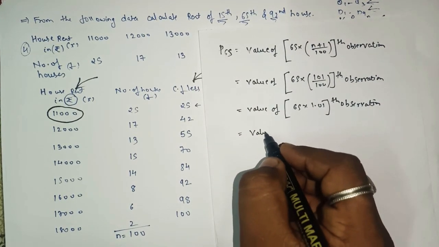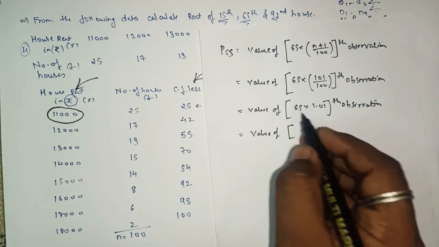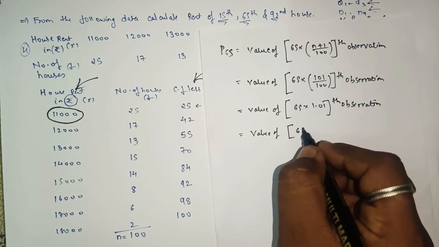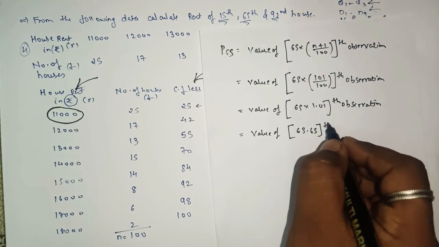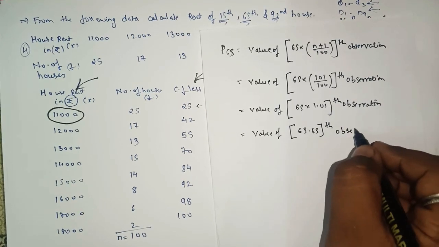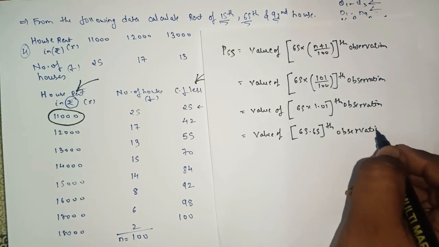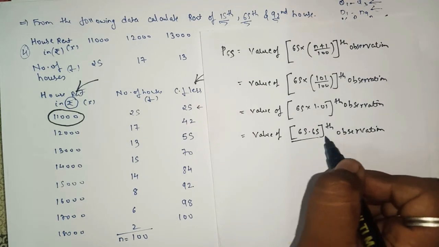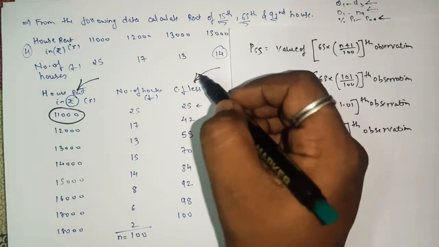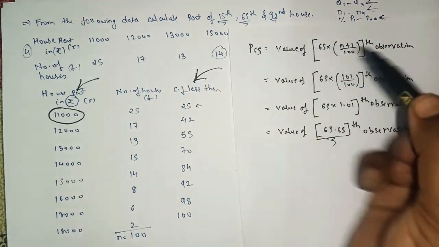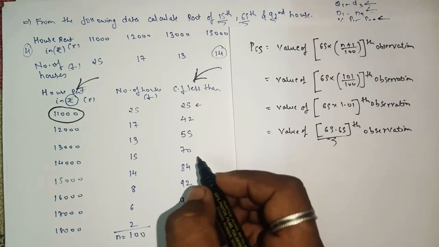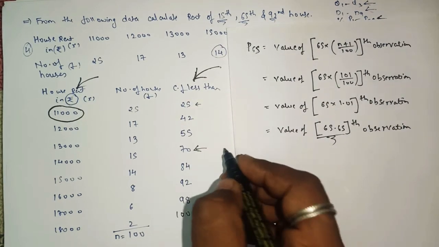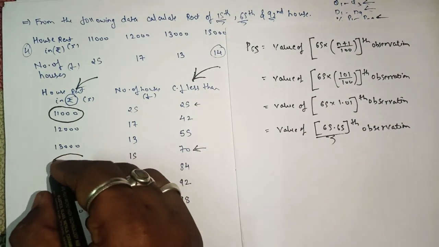So the value of 65 multiplied comes to 65.65 observation. As we know, after that we take this value and check in the cumulative frequency where it lies. As 65.65 lies in this row, this will be the answer